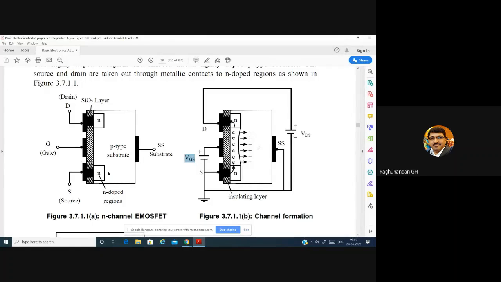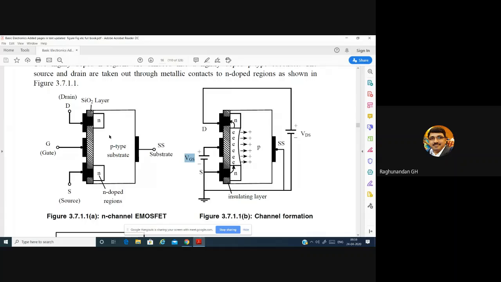So there will be no physical connection. In the exam, you have to first draw this diagram where you should not show any channel here. After biasing, it starts. Then you can ask me one question: whether this channel will be fixed or temporary. It is a temporary channel. When we switch off, automatically this channel gets destroyed. Again, it becomes like this.